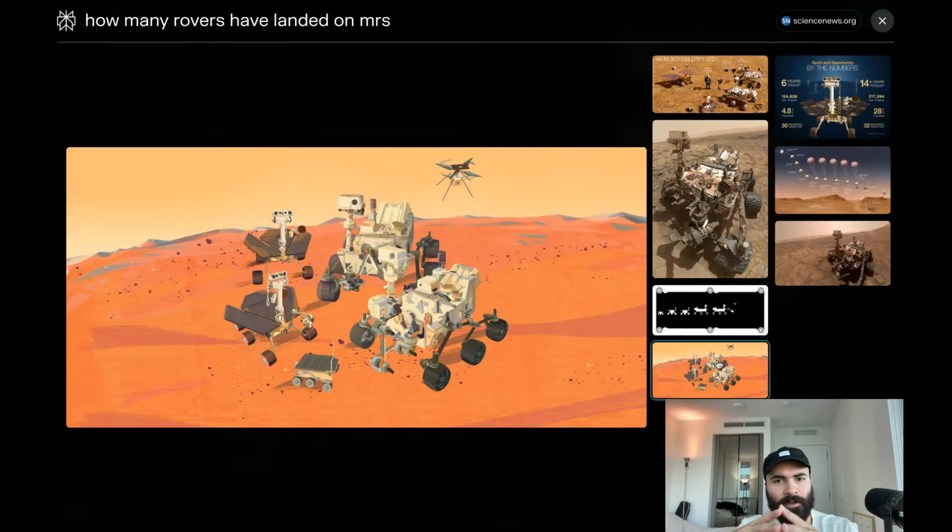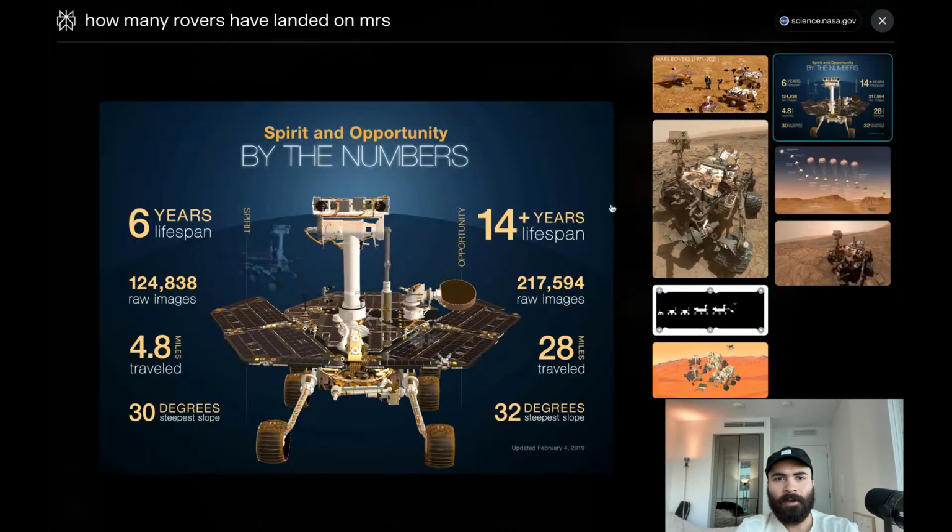With the humanoids and robotics that we have today, wow, look at the potential. If these rovers can only travel, okay, this information is from 2019, 28 miles. There's so much more land to cover. You just need a bunch of Optimus robots. You just have to throw them in multiple spots and keep walking and keep capturing data.